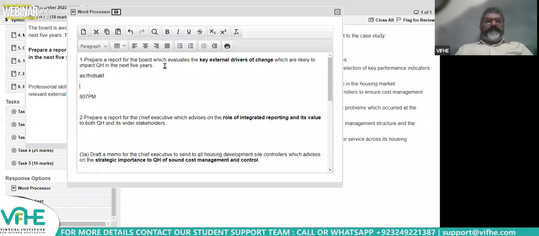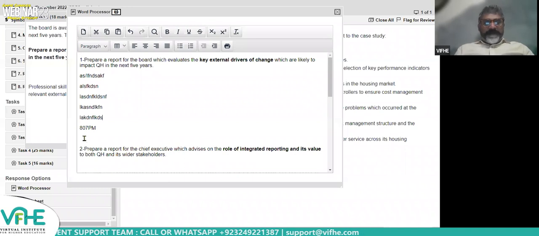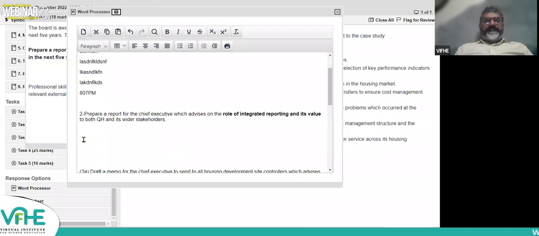You start drafting, and this time will always be in front of you. The moment you look at your watch and it says 8:07, leave it and move to the next question. You write the next ending time there, like if it is 8:08, you add the number of minutes to it, write the ending time, and then you start drafting. Clear? Very good.